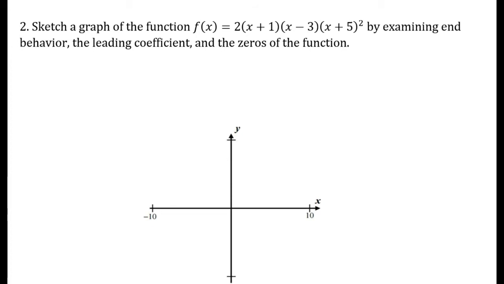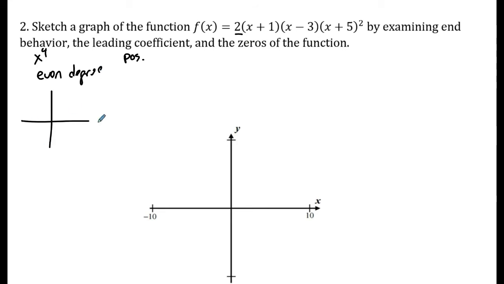So the end behavior, well, I need the degree and the leading coefficient here. So my leading coefficient is 2. I have a positive leading coefficient, it's 2. What degree is this? Well, I have 1, 2, 3, 4 factors. Notice I have 1, 2, 3, I have 2 of those, so I have 4 factors, which means I have an x to the fourth polynomial. So I have an even degree,